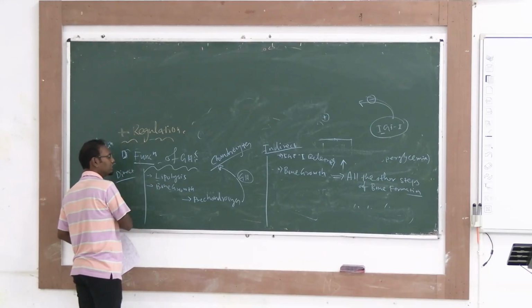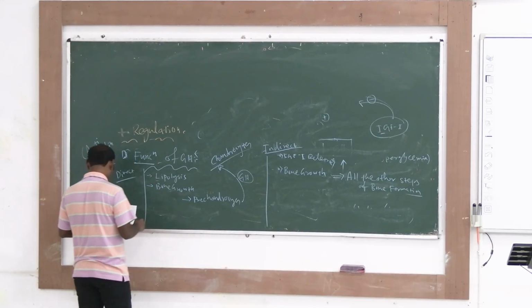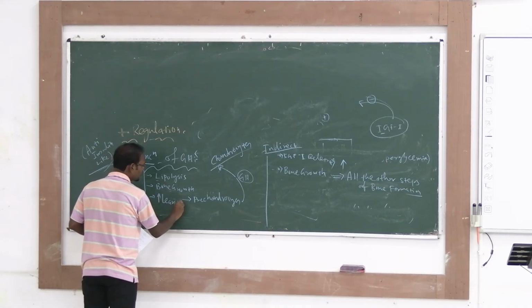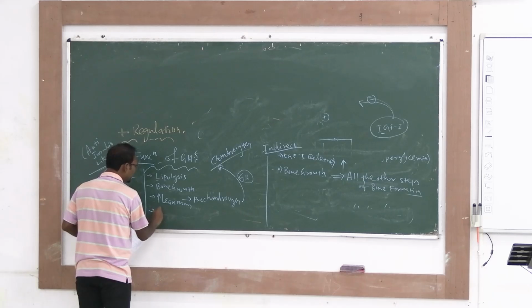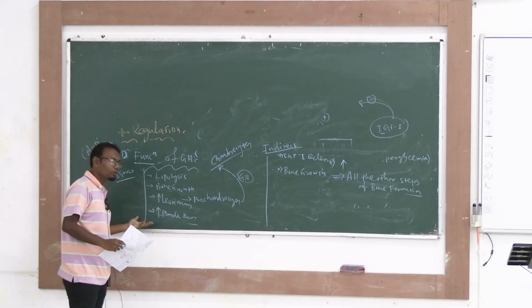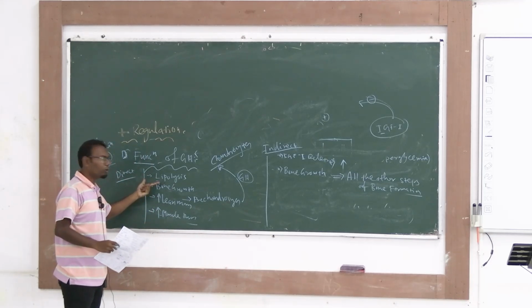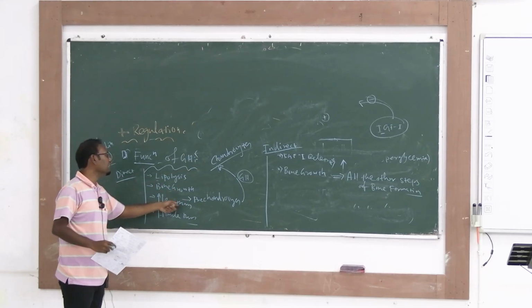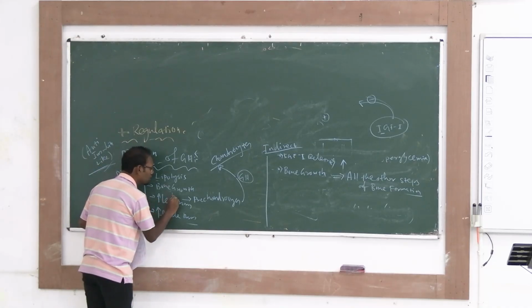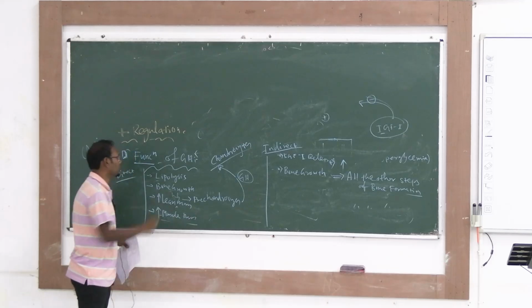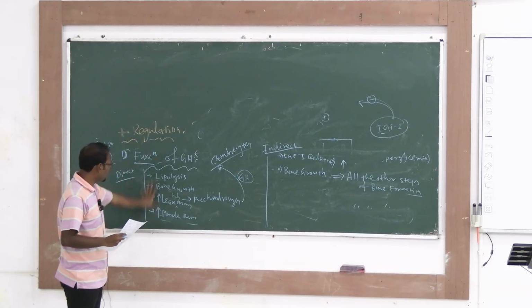Specific, what was this, lipolysis. Third direct action is your increasing lean mass. Fourth direct action is increase in muscle mass, okay. So it is mostly related to bodily growth, okay. Lipolysis of course very important: lipolysis, bone growth, pre-chondrocytes to chondrocytes, increase in lean mass, of course you can add the word body here, lean body mass, and increase in muscle mass. These are the direct functions of growth hormone.